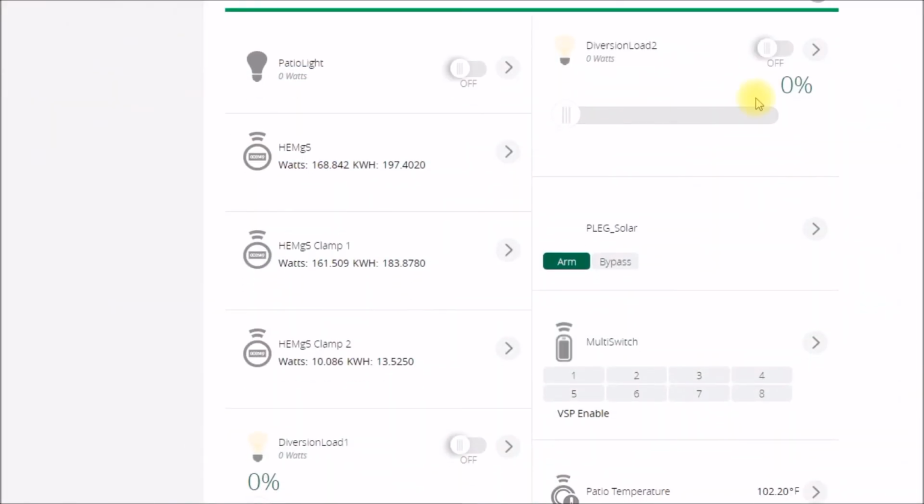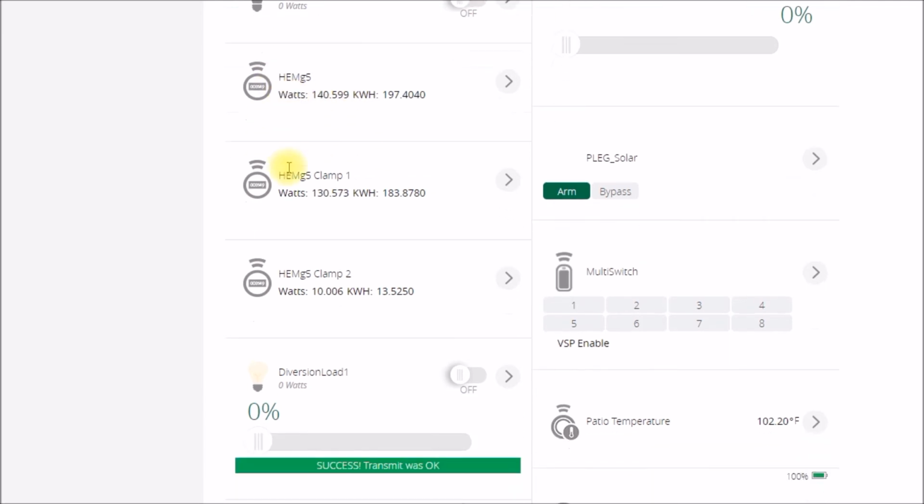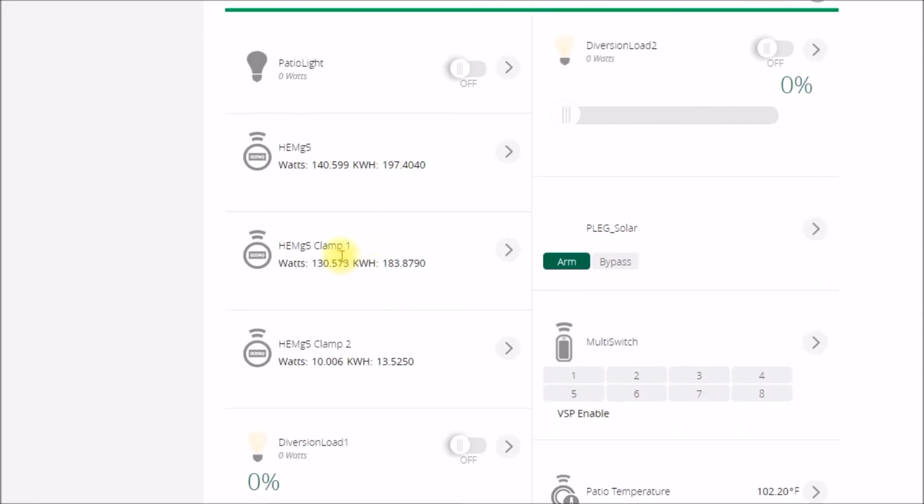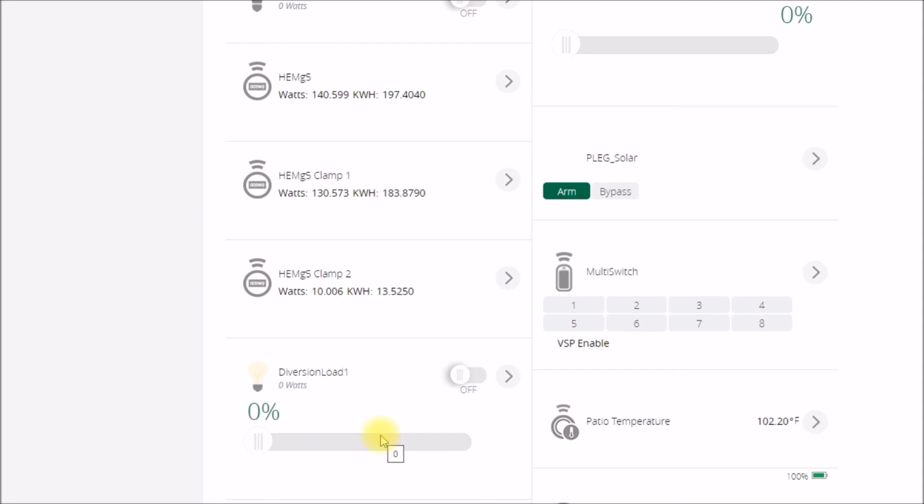Oh, it looks like, yeah, so everything's shut off here. And I guess that was because the refrigerator turned on and drove the whole house power above 150 watts. So this turned off. So anyway, that's my basic code for controlling this diversion load 1 here. It's not terribly sophisticated, but it basically shows that it works. With this system, I have roughly 300 watts of